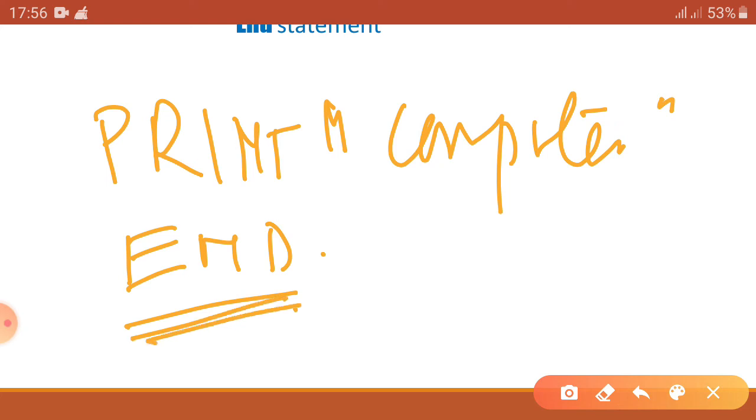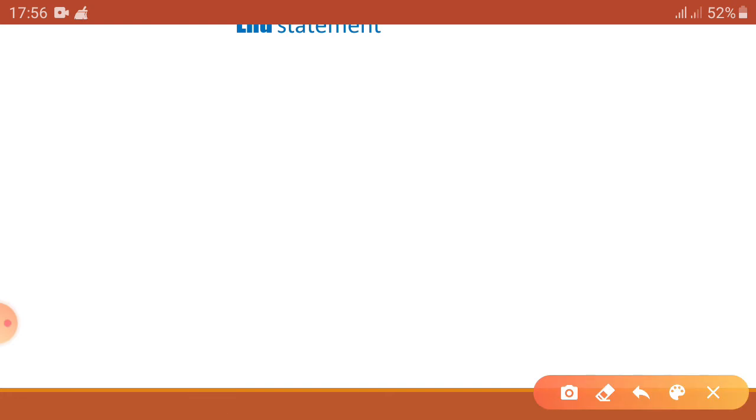It defines that the program ends here at this line. So whenever you are writing QBasic statements, at last you want to put the end statement, to give a note that the execution will stop here. Okay, go to the next slide.